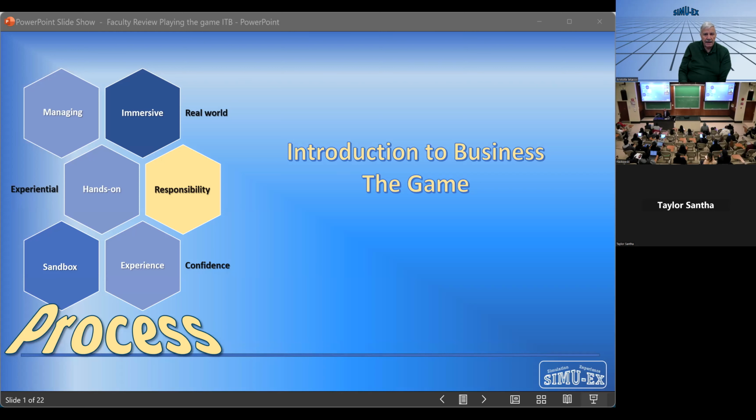So essentially, introduction to business is a simulation. And simulation serves a tremendous purpose in business, in industry, in academia, in the military. They allow one to practice a series of operations without having to actually experience those operations. And as you can see, these are real world events. In our case, specifically, what we're being asked to do is to understand the concept of managing.